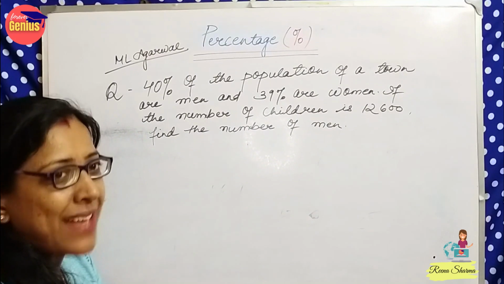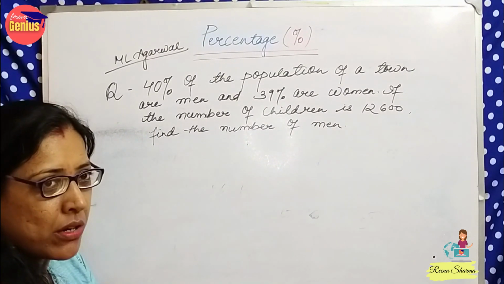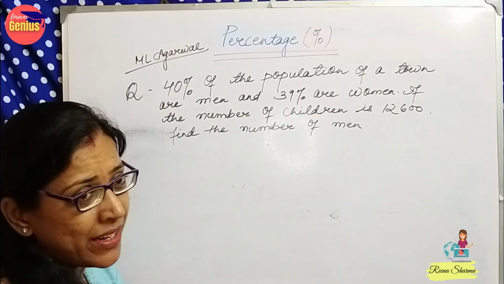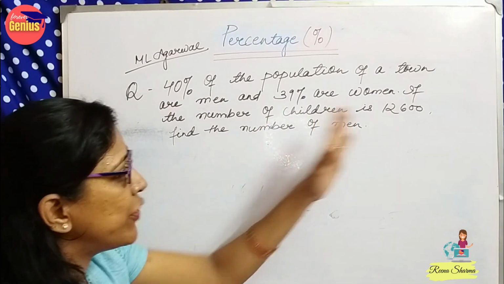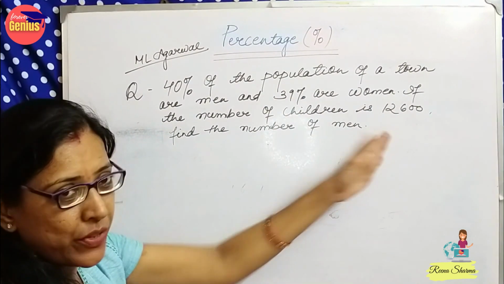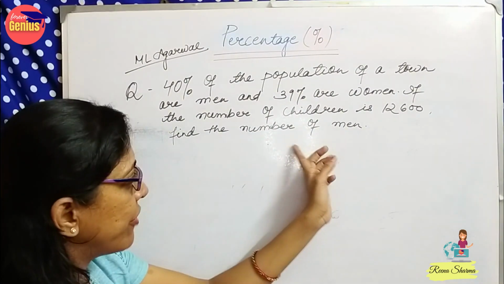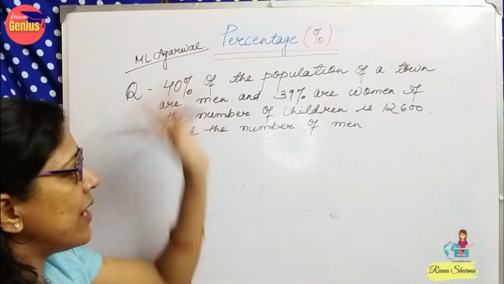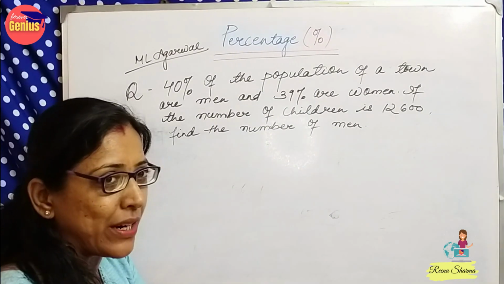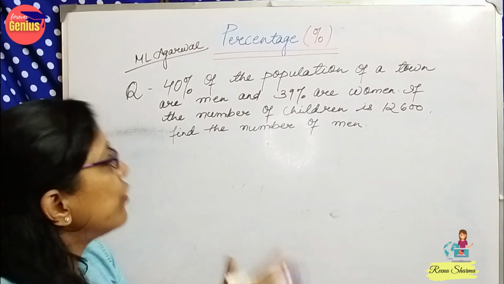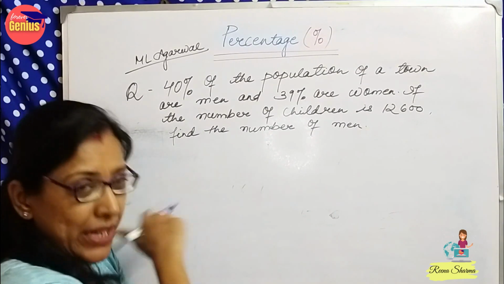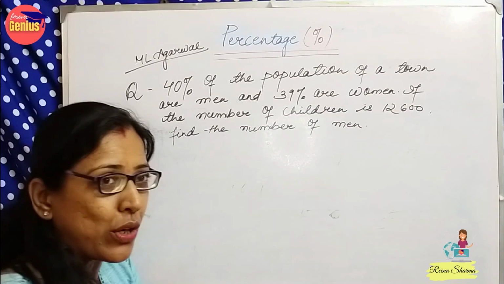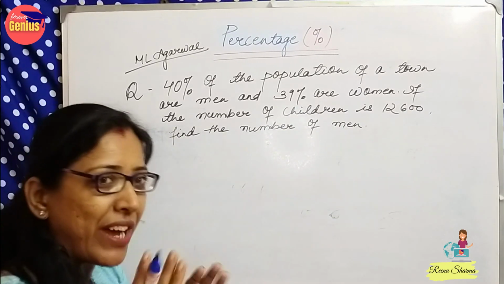You can see it in examinations, in objectives, in long answers, where students get confused because two percentages are given and the percent of children we don't know, so we don't know how to take out the fraction. The figure for that number is given to you, and they have asked you to find out the male. In a lot of cases they also ask you to find out the total. So see how to find out for male. In the same way we can find out for women, and if in the examination they ask you for the total, you can add up all and find out.